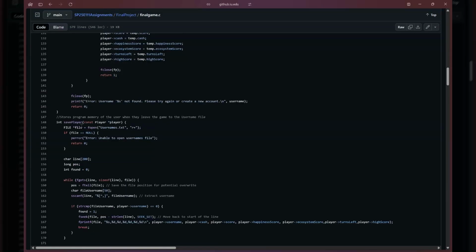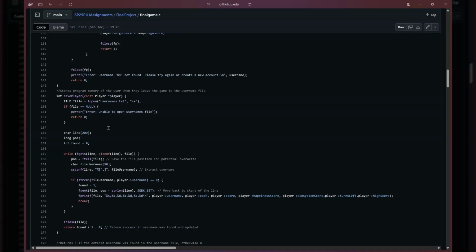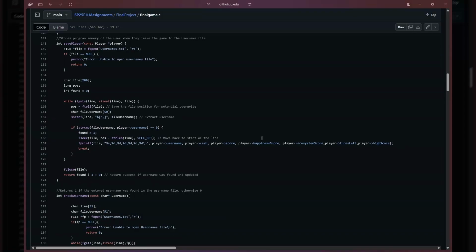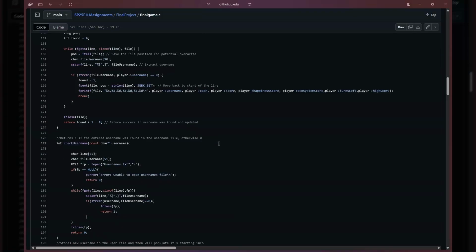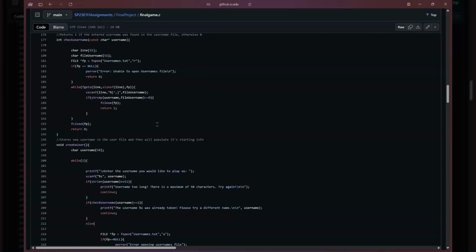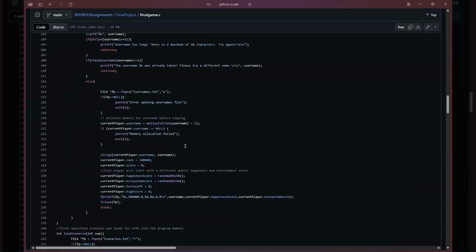We have the save player at the end of the game. It'll take the program memory for the player object and store it into the usernames.txt file with the updated stats, and it'll just replace it. It won't add a new line. It'll simply replace it. We have the check username to make sure the username is not taken when you're creating a new username. We have the create new user prompt